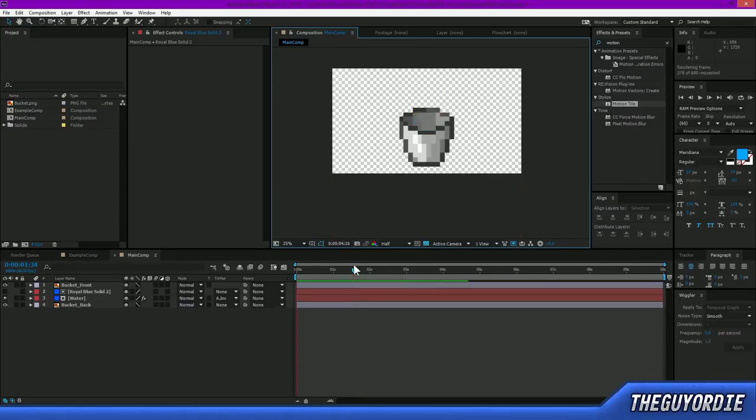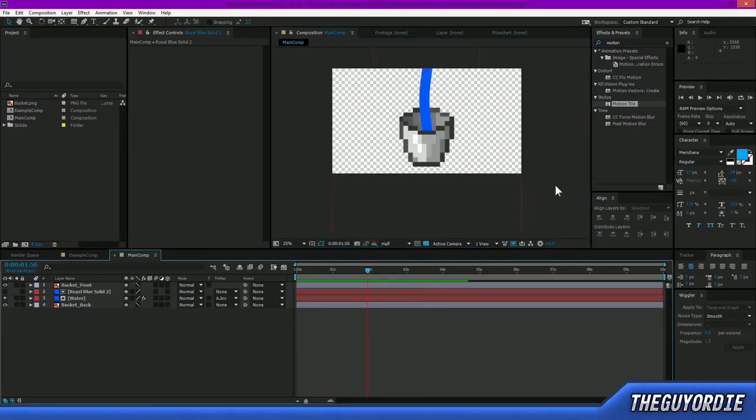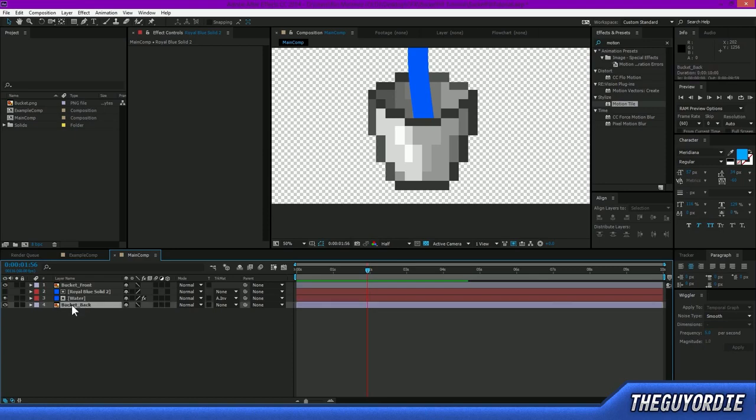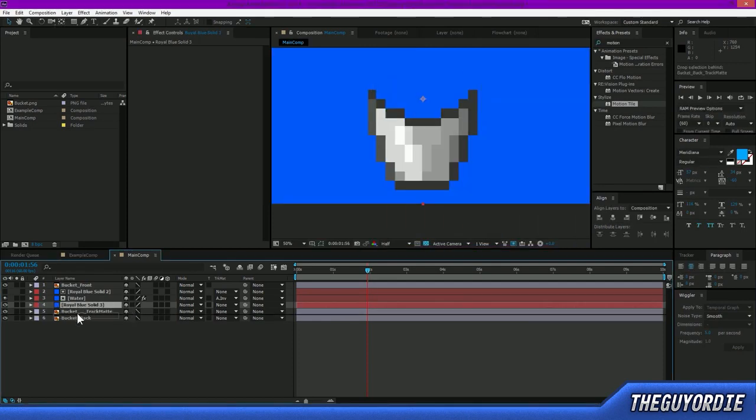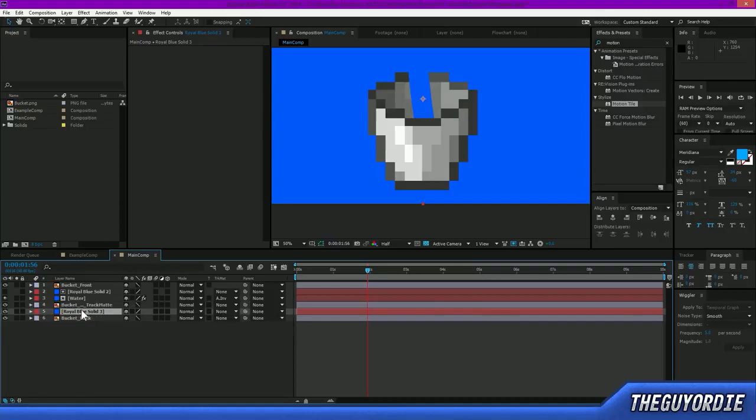But we got to make the bucket fill up, and that's the last part to this wonderful piece of effect. And with that, we will just basically do one thing. So what we're going to do is we're going to duplicate our bucket back layer. We'll call this bucket back underscore track matte. All right, and what we're going to want to do is add another blue layer, and we'll put it underneath the track matte. We'll name it